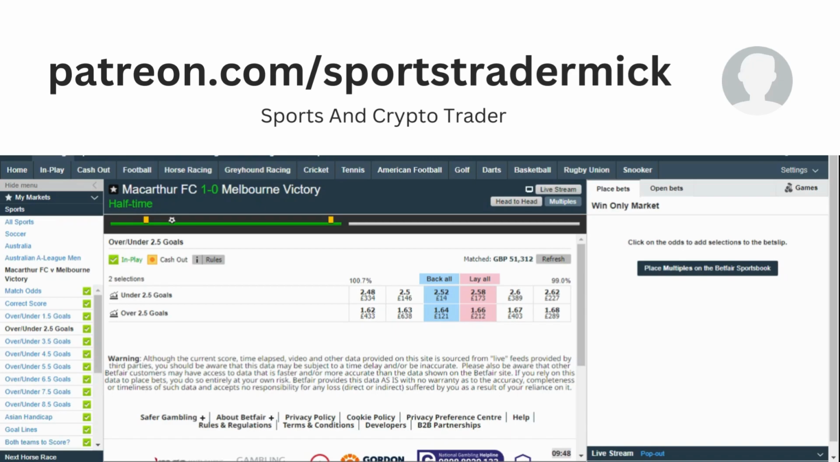You can do the under 2.5 goals, under 3.5 goals, all different ways, but I just want to make this a simple one, especially if you're new to it or if you're just wanting to do quick trades. But yeah, it's all about value. So as you can see, there was a goal here, 12 minutes. So if we look at